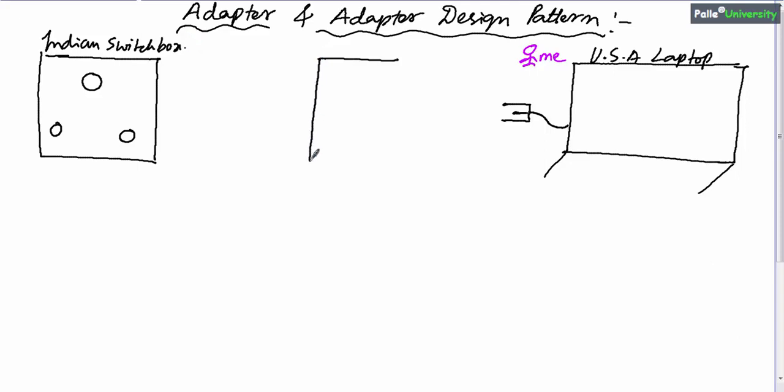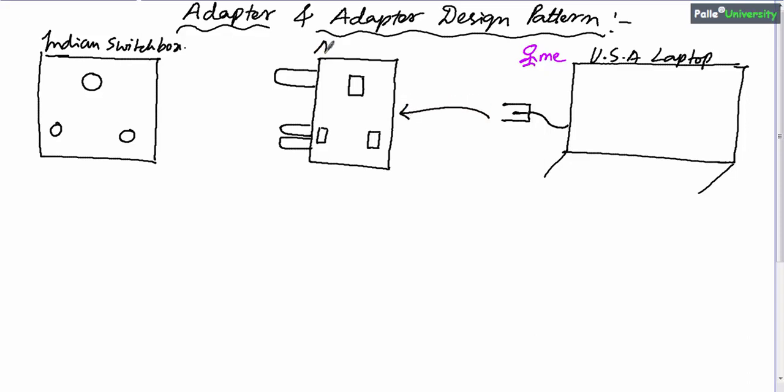I can call this a USA to Indian plug converter or adapter, which accepts sharp edged corner plugs and emits rounded corner plugs. Now I can plug the USA laptop plug into this adapter, and then plug this adapter into the Indian switch box.